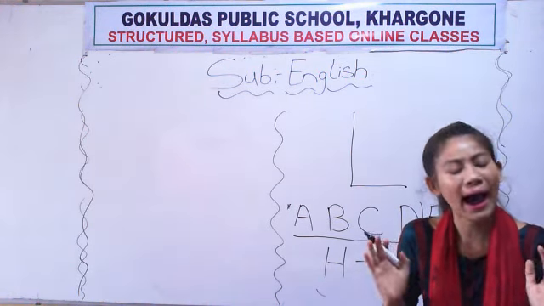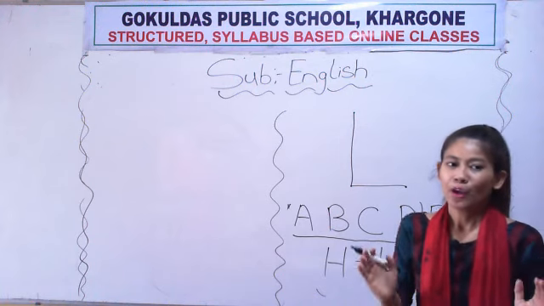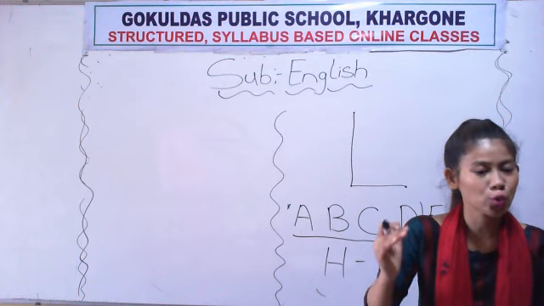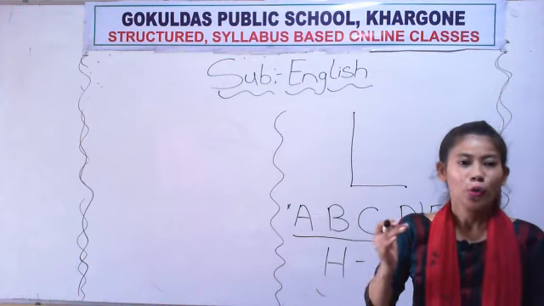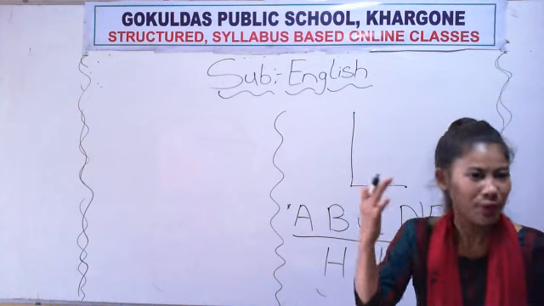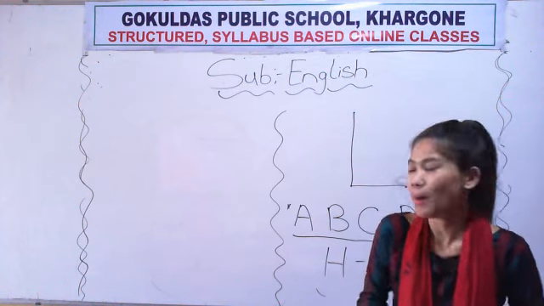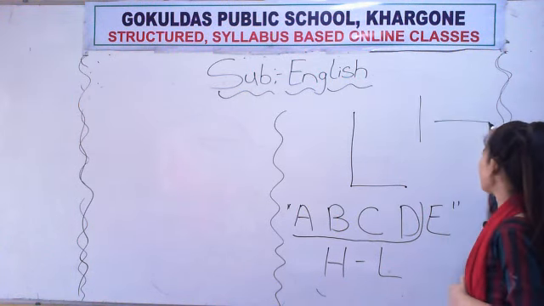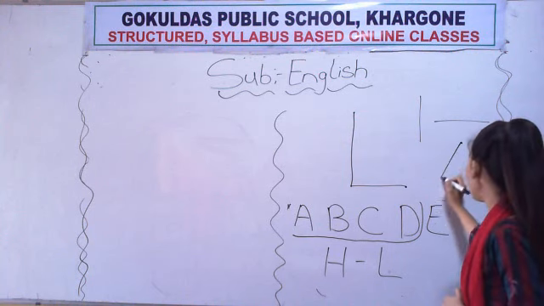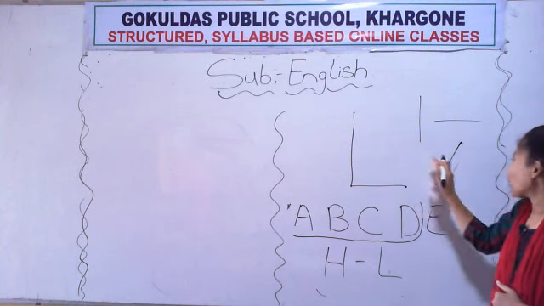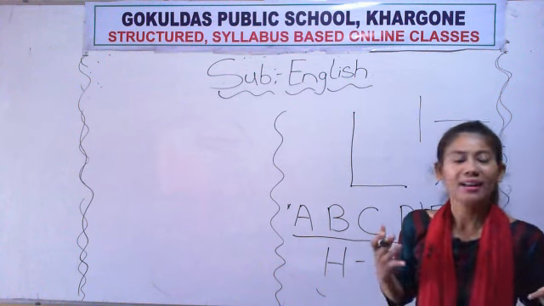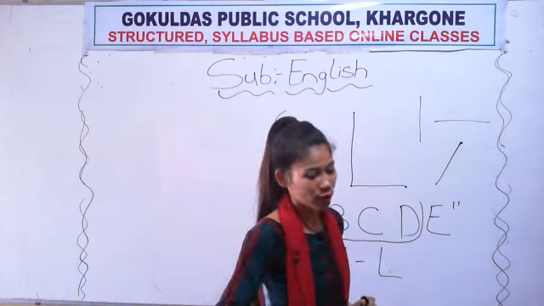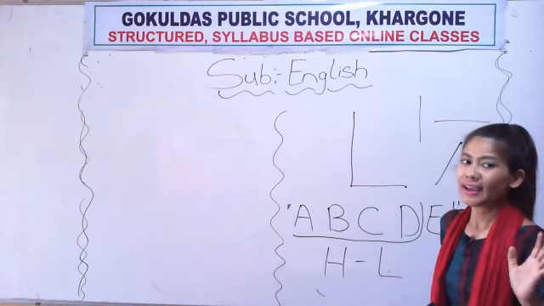You just have to identify only. We'll start writing letters according to the line concept, which you have already learned in my previous video. You have learned about the standing line, the sleeping line, and the slanting line. So, according to the line concept, we'll start writing letters. Okay, so don't be confused.